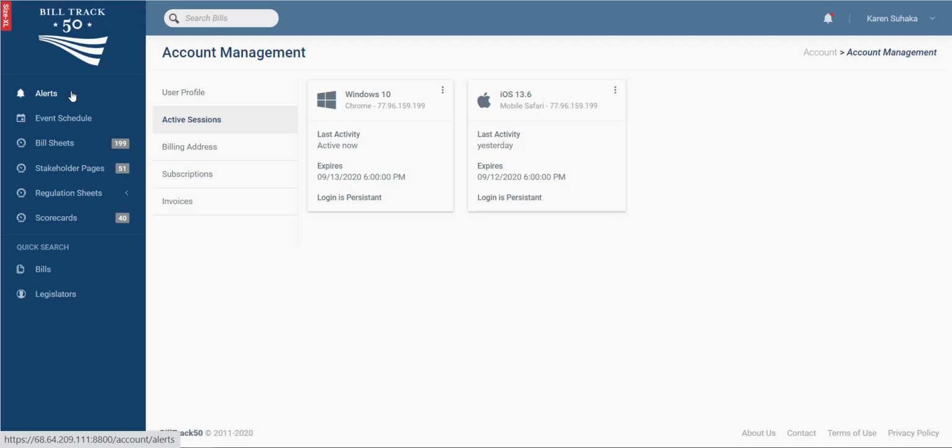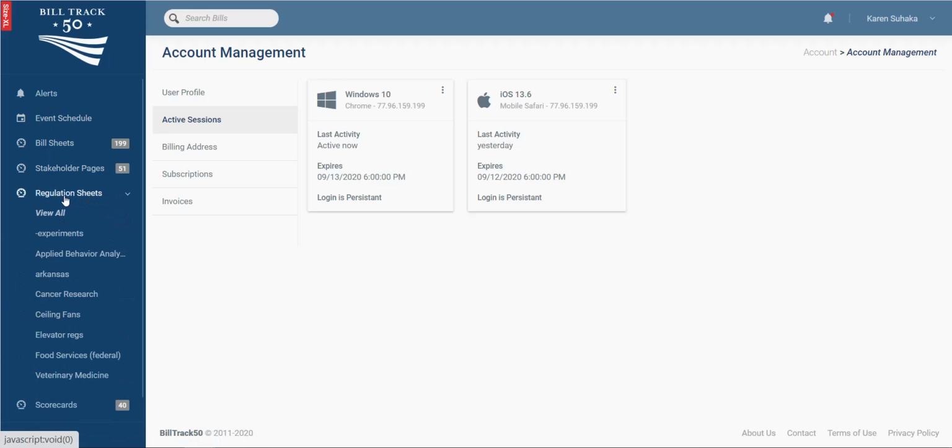All right, then the next thing you'll notice is this new navigation panel, which will let you get anywhere you want to go in BillTrack50 right from here. Notice that if you've got, you can look at all of your things and go directly to, say, your regulation sheets by clicking right on it. But if you have too many, say 199 bill sheets, then when you click on the bill sheet, it's